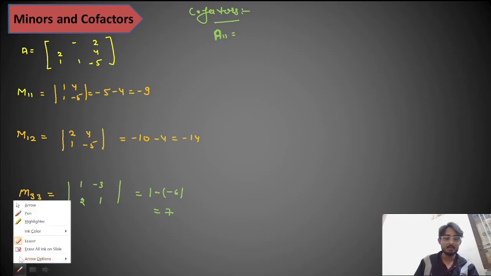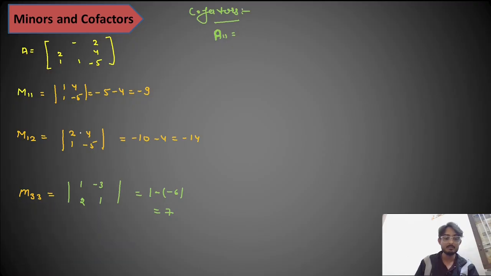Okay, and now I'm writing another matrix: 2 minus 1 and 4. Now you have to find the cofactor of this matrix. How can you find it? You can find it by eliminating the first row and first column. But in this case, for finding the cofactor, you also have to use a sign. Sign means, for example, here the element is A11. So here i equals 1 and j equals 1, and when you add these, you get 2, and 2 is an even number, so you will get a positive sign.